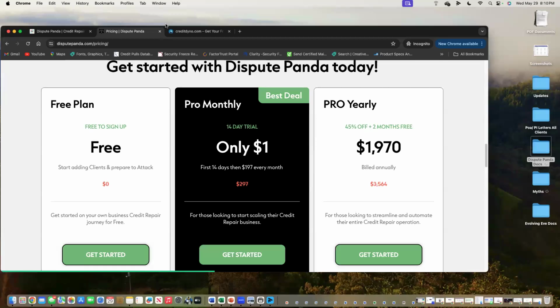Now, the paid plan, we do have a promotion that's going on where it's $1 for 14 days, and then it's $197. You have a host of upgrades that are available, but it also turns it into an interactive software where you're able to have your clients send messages to you. Your clients can do a safe client portal access. You can include your merchant service on the profile.